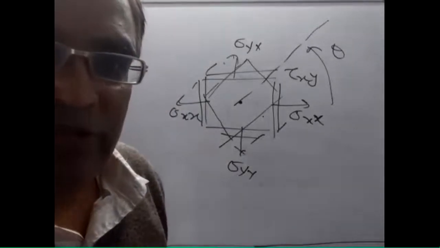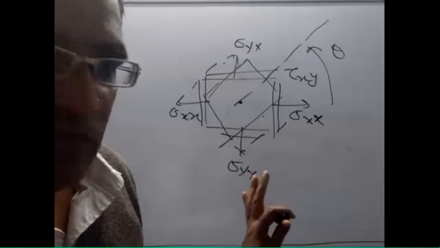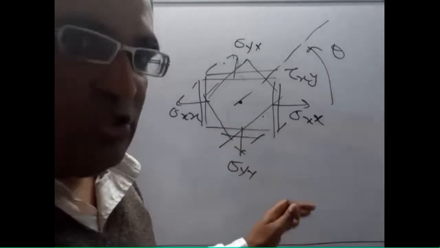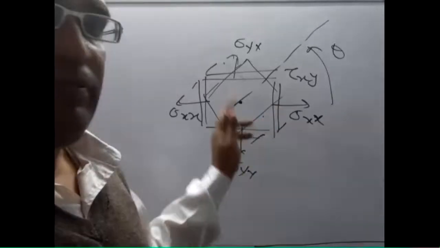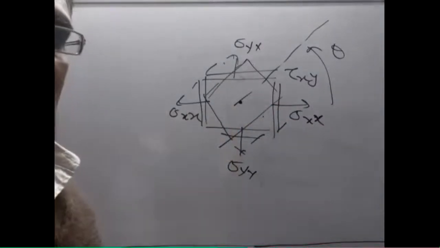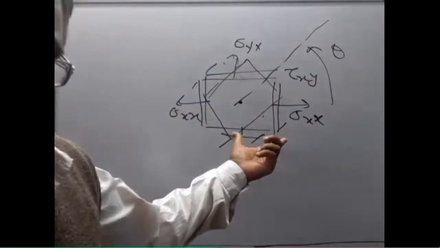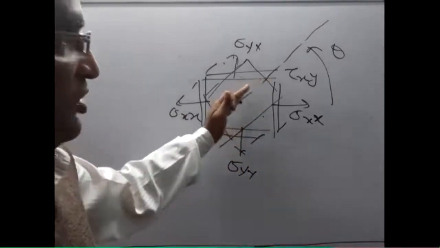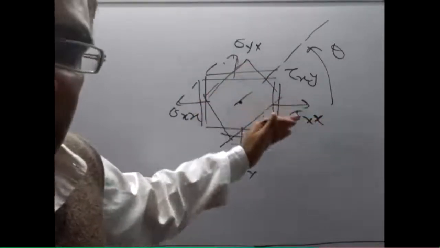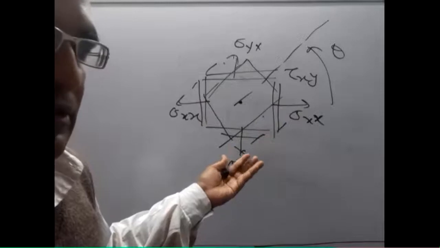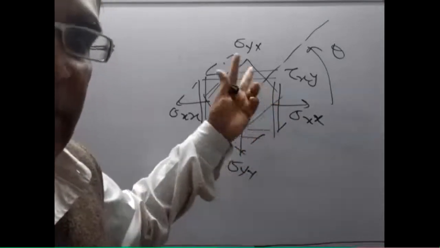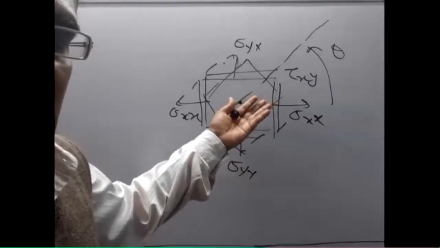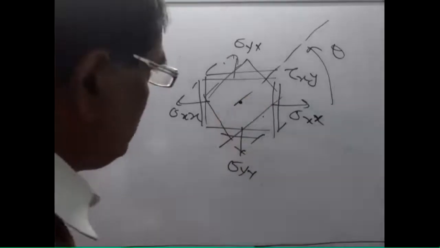One way is that you draw the Mohr circle diagram. We'll discuss the Mohr circle, the three-dimensional Mohr circle diagram. That is a geometrical representation of the stress, and it is also easy to calculate the stresses on a given plane at the same point. One technique is you draw the Mohr circle diagram, which I have not yet discussed. But I want to predict what the stress will be on an inclined plane at angle theta from the x-axis, that is, the normal stress or the shear stress on that plane, because that is the way we calculate using the Cauchy stress equation. So that is what I am going to discuss.